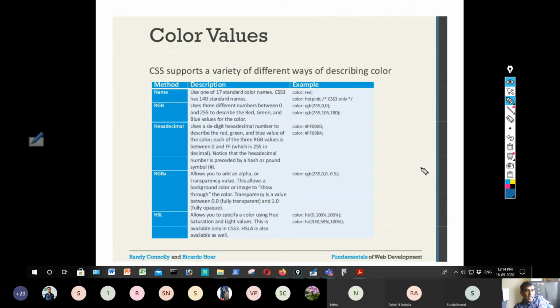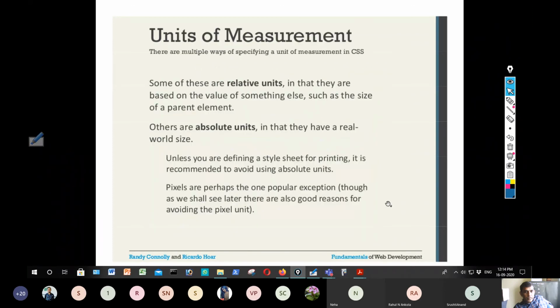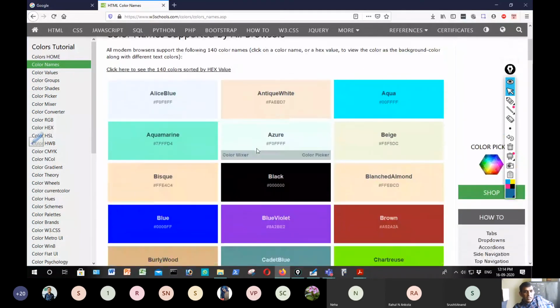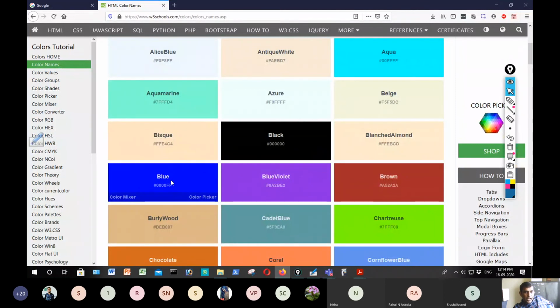So that's how the colors can be specified. For example, you can see the units of measurement, we will come to that, but note this. If you go to any website, you can clearly specify colors. Assume blue, I want to use a blue color. You can use the word blue, or I can use a color code. If you see here, 0000FF. What does it say? 00 means the red part is 0. 00 again means the green part is 0. Whereas FF means 255.